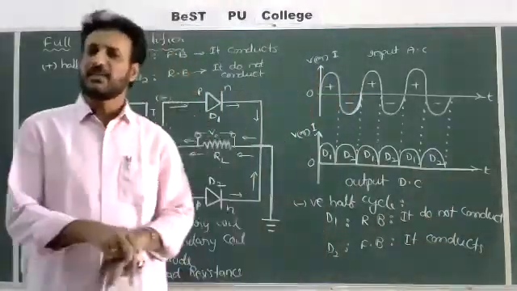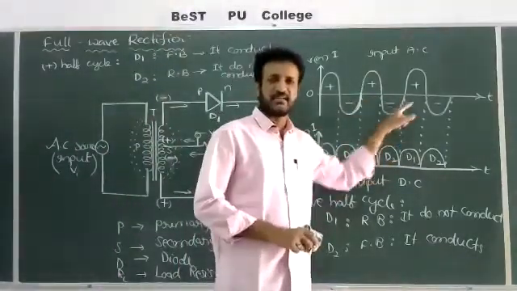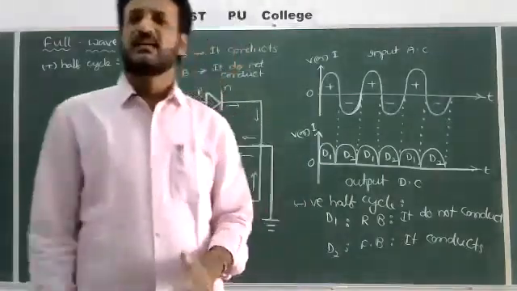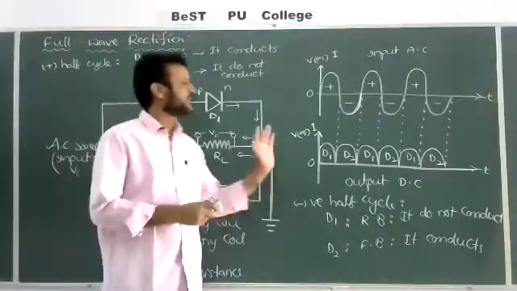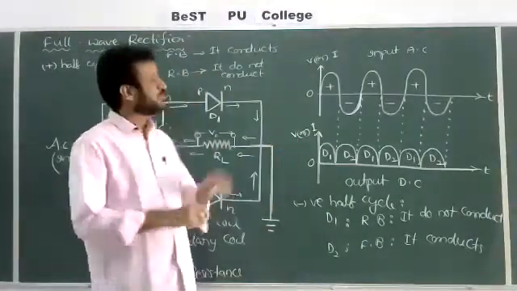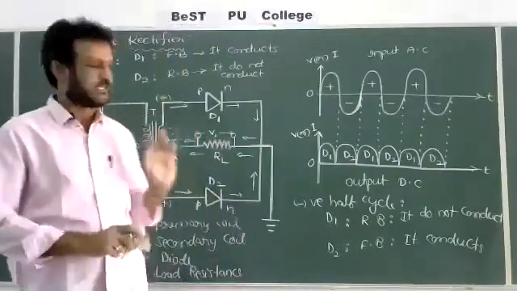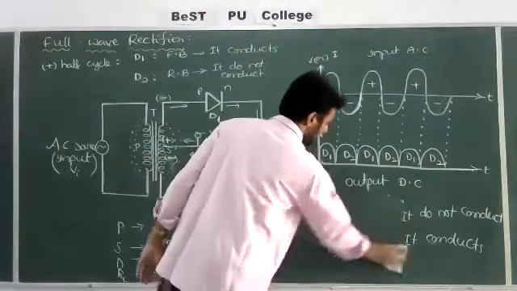But in case of the half wave rectifier, during a negative half cycle, no current passes. But here it is not like that. During a positive half cycle and during a negative half cycle, the AC will be converted into DC. Hence, the full AC is converted into DC. That's why the device is called a full wave rectifier. That you should write.